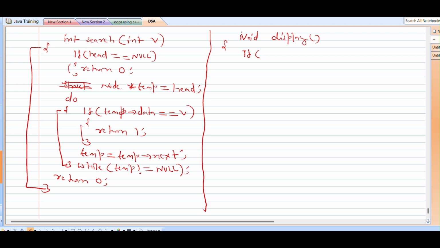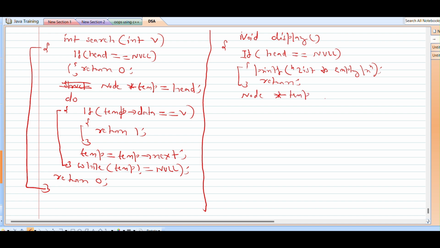We'll first check for underflow. If head is equal to null, this means we can print that the list is empty. printf "list is empty", and we can return from here. Otherwise, we'll declare a temporary node like this,